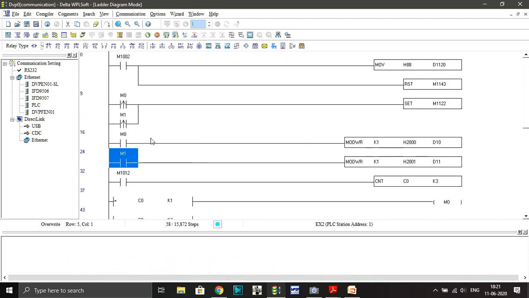And as I told you, if I am giving any command, at the same time you have to give a request to the external device, that is, sending a request. So for both bits I gave a positive edge here and connected them to the set instruction. Okay, so let me download this one.